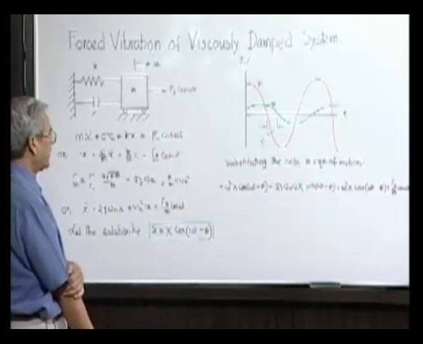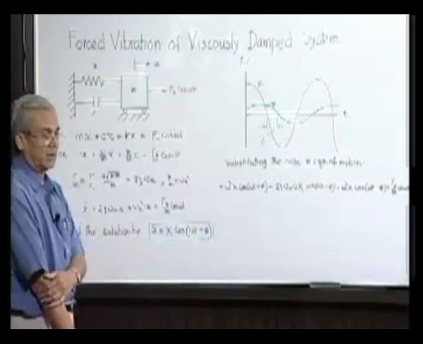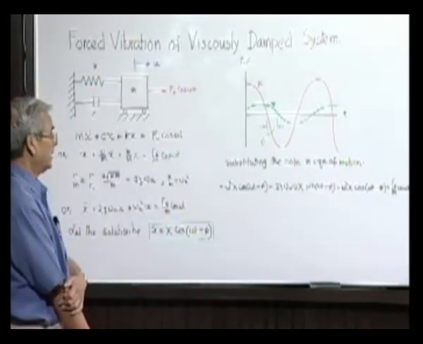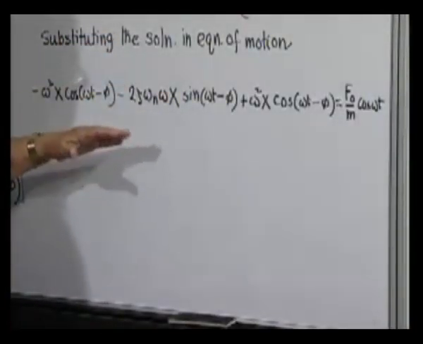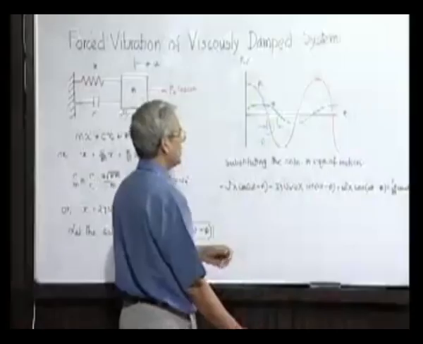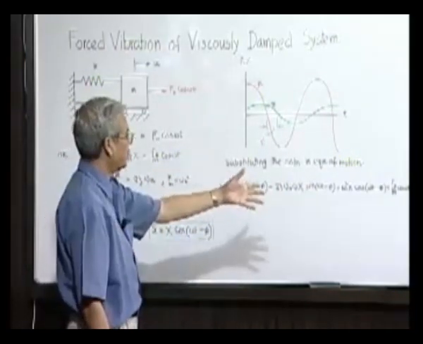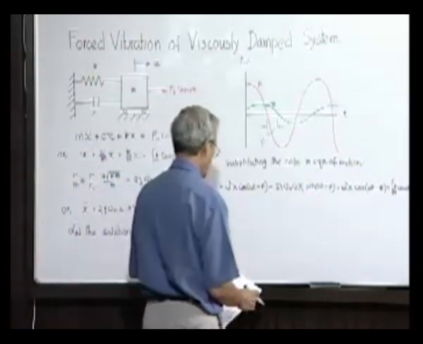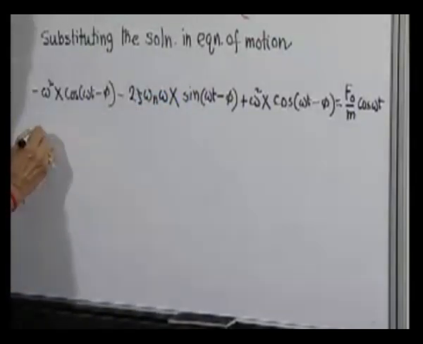So, therefore, we have converted the differential equation into an algebraic equation. We have to solve for two quantities, one is x, the other is phi. The technique is generally that on both sides of the equation, the coefficient of cosine omega t must be the same, and the coefficient of sine omega t on both sides of the equation should be the same. So, when we split this, what we will get is minus